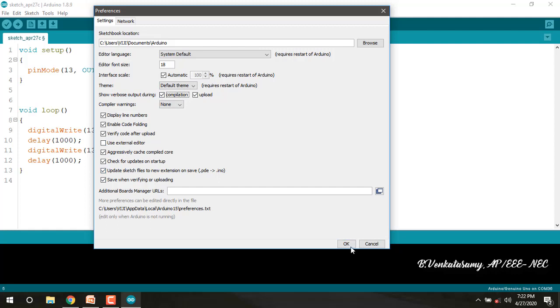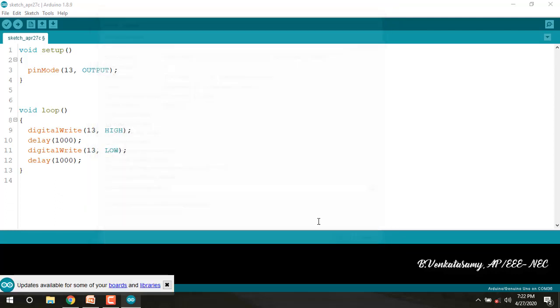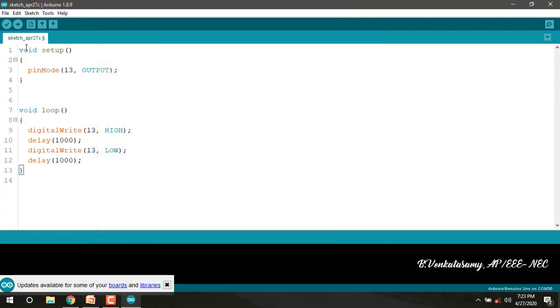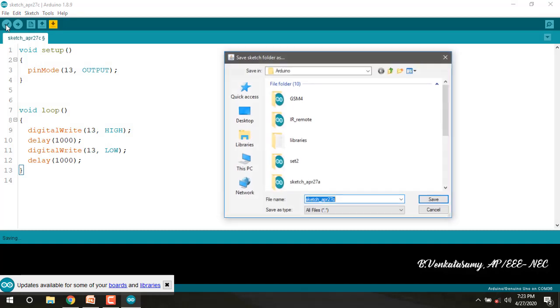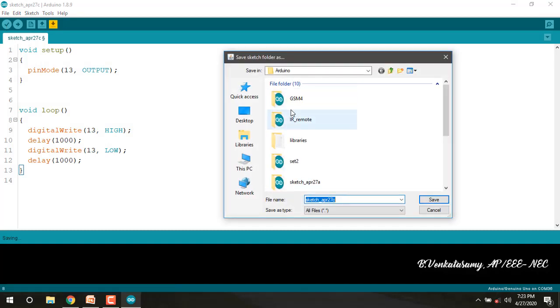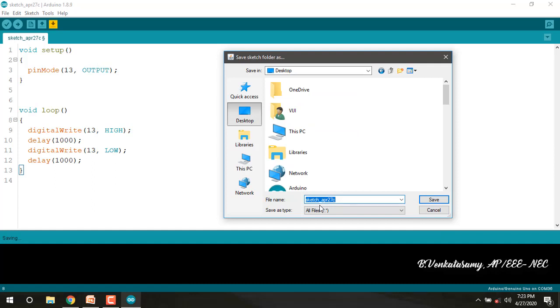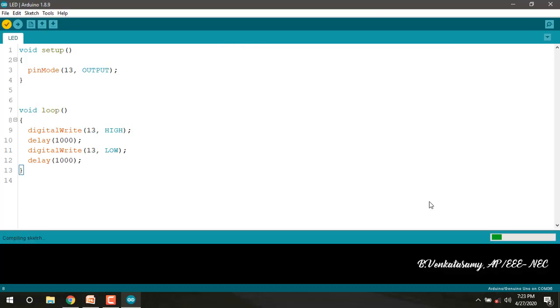Then only we can see where our hexadecimal file is available. So press OK. So the program is ready. Then go to the compile button. Press the tick. It asks to save. So on the desktop, the file name is LED. Press save.